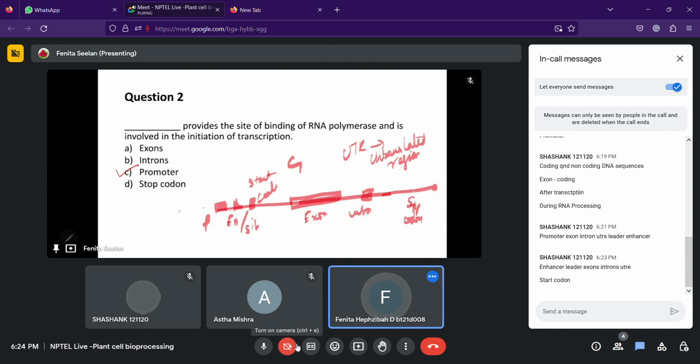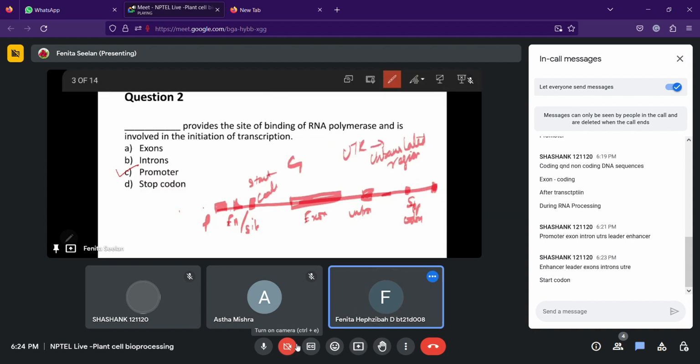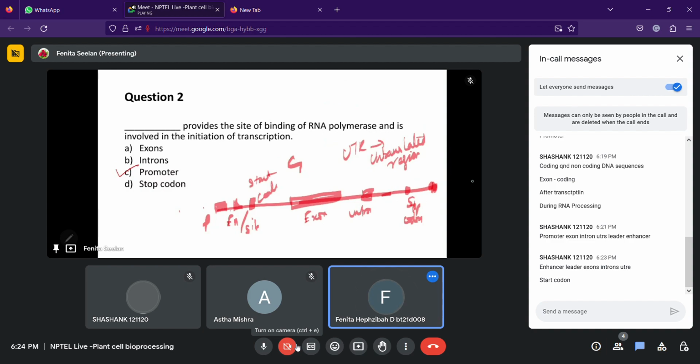After your stop codon, at the end, what will be there? Start codon is there, stop codon is there. After stop codon, what will be there? It is necessary for your